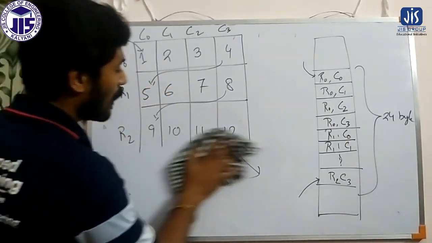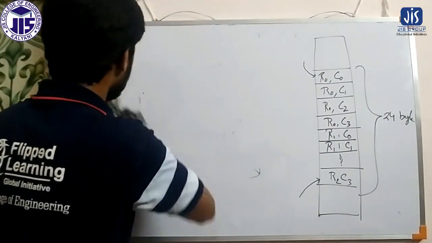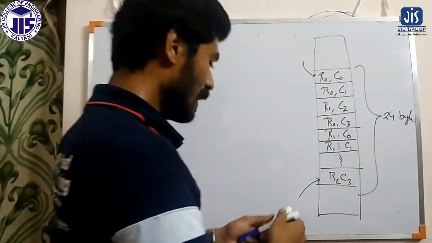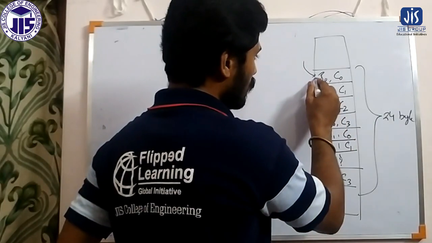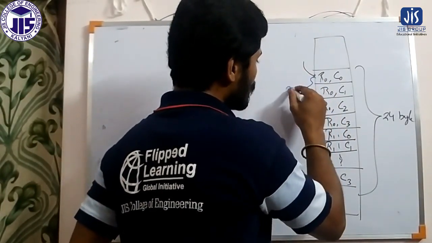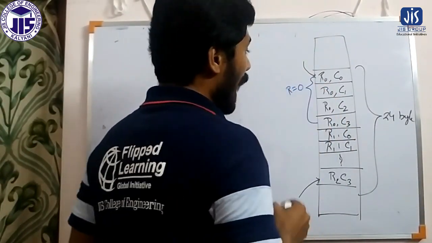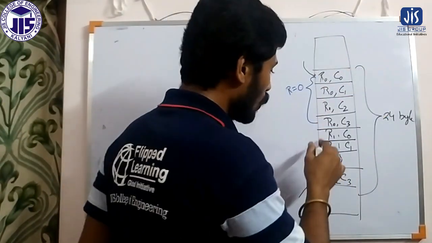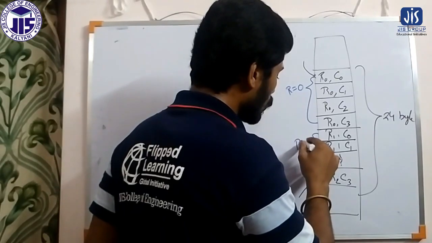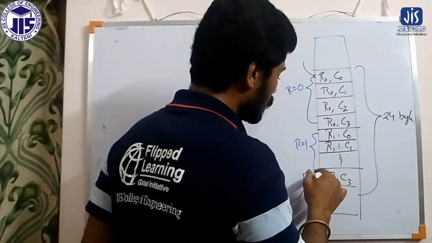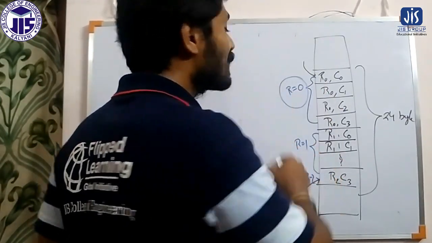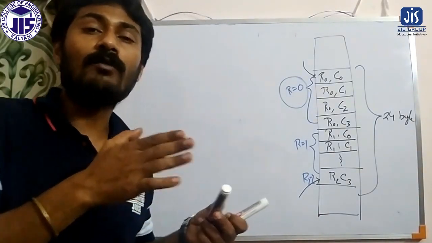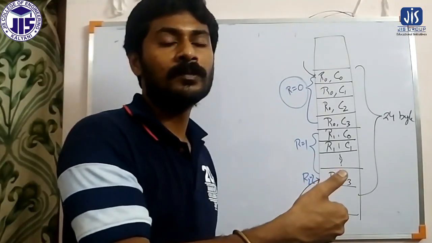Now, as we are performing all the operations row wise, that means we are fixing the row. As you see here, the row is fixed. For these 4, the row is 0, and the column is variable: column 0, column 1, column 2, column 3. When the columns are complete, again we take row as 1, then we come to row 2. So always we are fixing the row number, and the column is variable. When we cover all the columns, then we change the row.